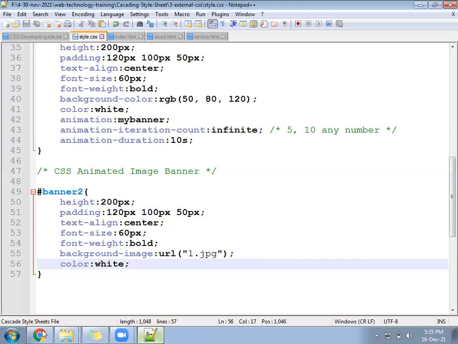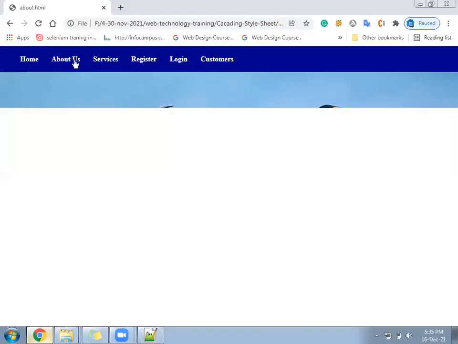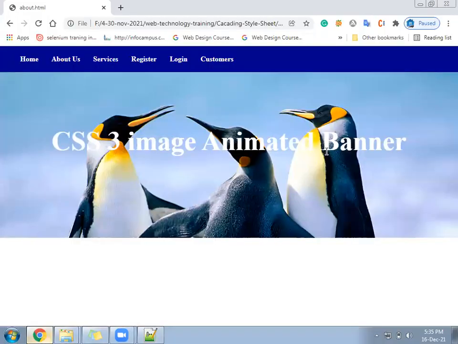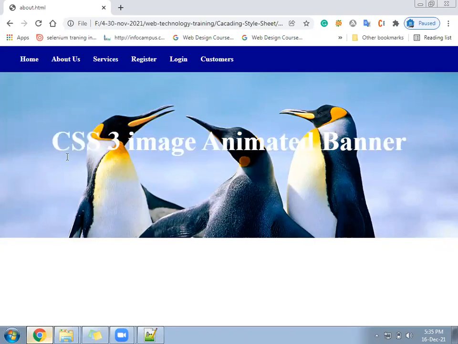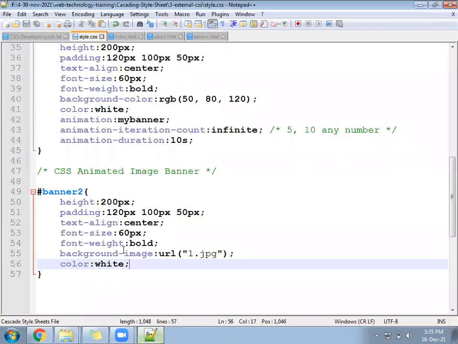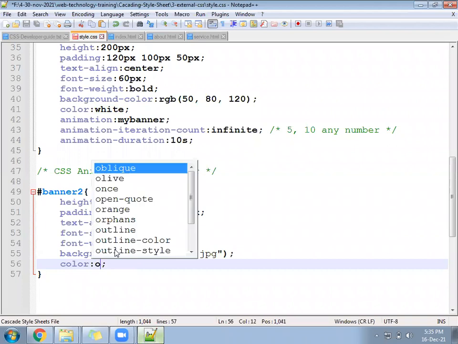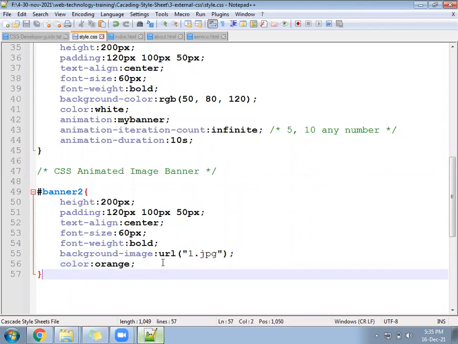Happening, image came in about us page. Something like this. Image text, the text you can change. Text color should be opposite of the image. Suppose image is white color related, so text should be different color. See, my image is white combination, so I have changed the text to orange color.